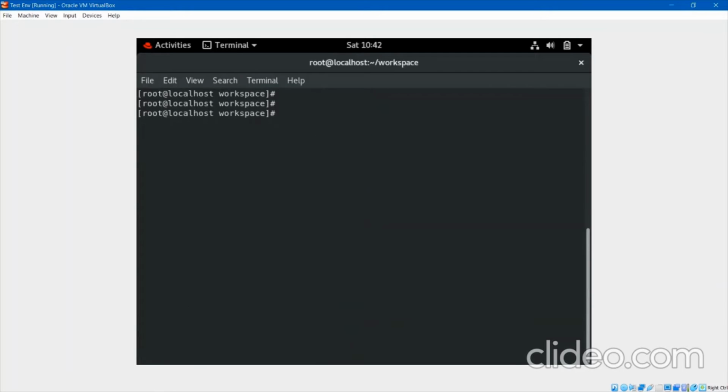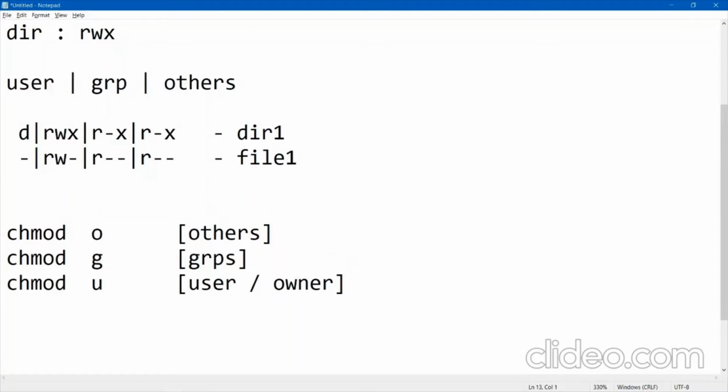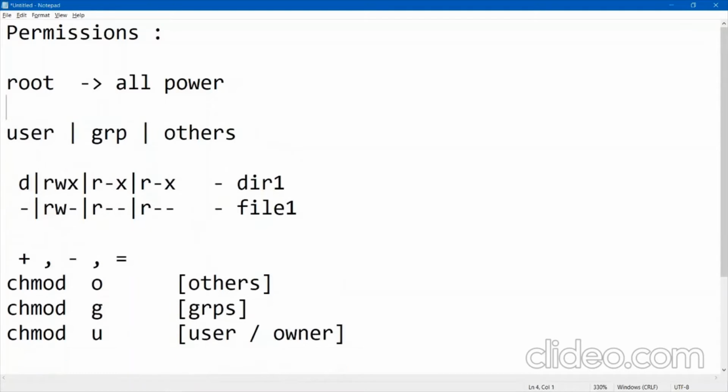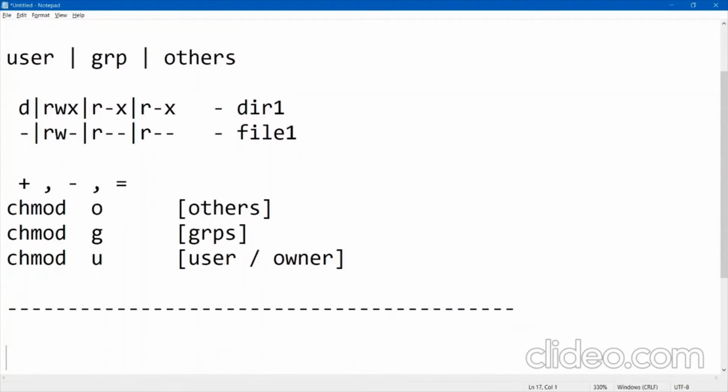So what are the mathematical operations you can do? That depends on you. One thing, you can do plus, or you can do minus, or you can do equals to. These things you can do with these three things. Okay, another way of doing the same thing. Here we have done this. I feel this is very easy, that's why I told you this concept first. Then the second concept comes, it is the second way of using the same concept.